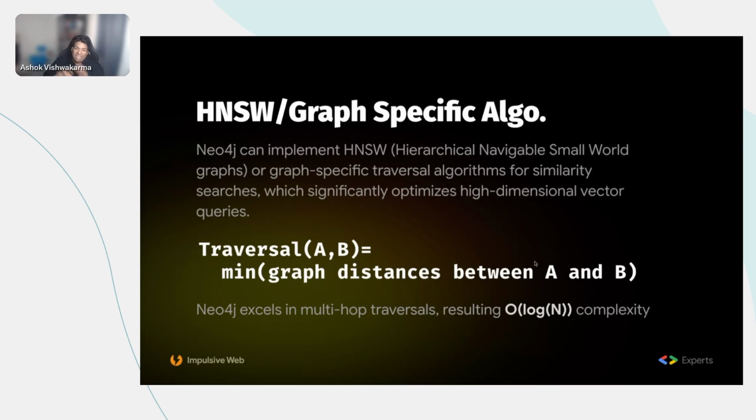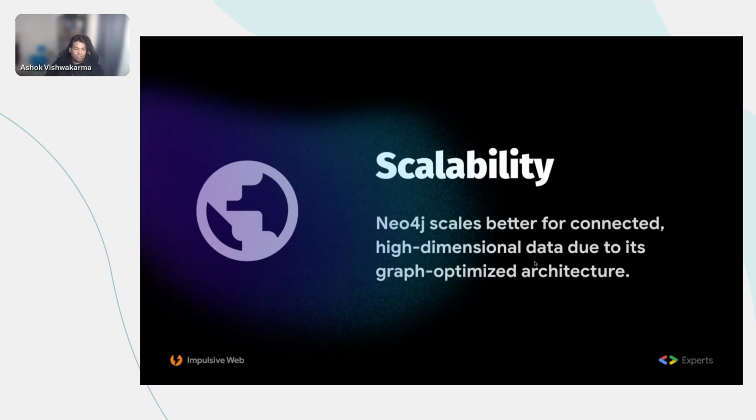I mean, there's a lot of details you can read about it on the Neo4j website as well. But the thing to understand here is O(n) versus O(log n). This is the benefit you get when you move from MongoDB to Neo4j. Scalability is also solved by default because you have high dimensional, connected graphs, and it is optimized by architecture itself so that it can hold and store